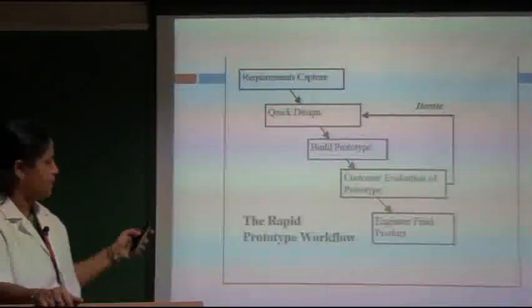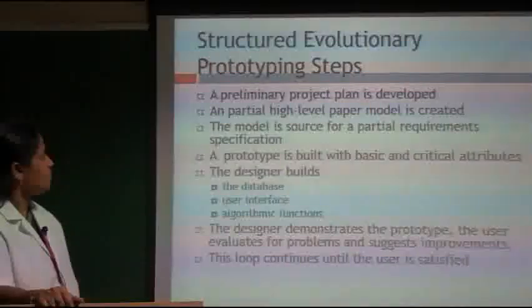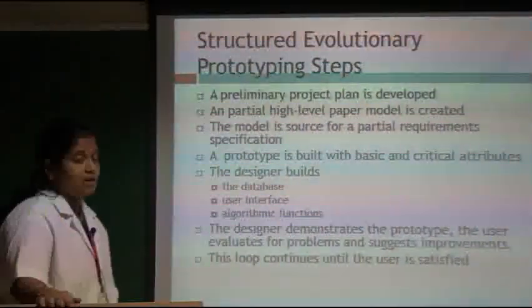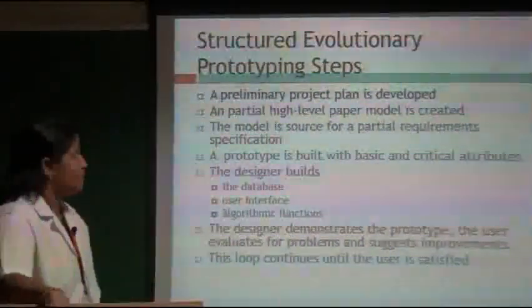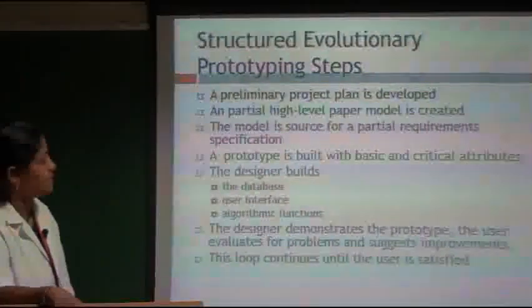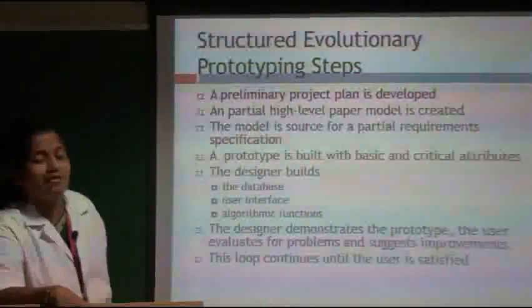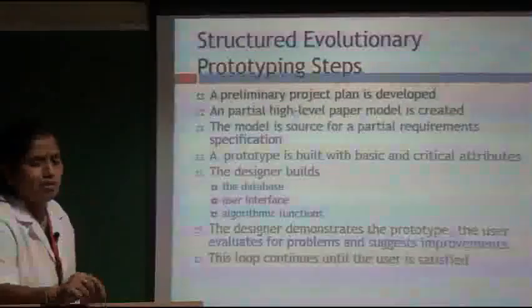This is called the rapid prototype workflow. What are the steps in this model? First, the preliminary project plan is developed, as usual. A partial high-level paper model is created, because here there is no